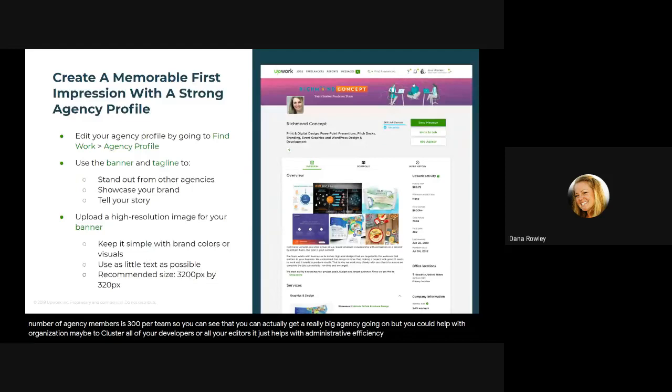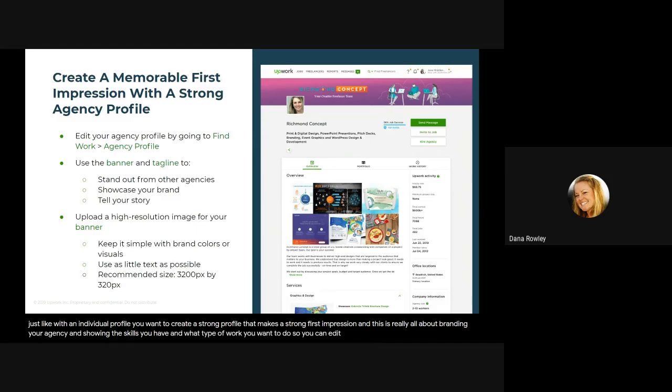All right, so now you've created all the behind the scenes setup for your agency. So now we're going to look at getting your profile set up, the parts that clients are going to see. And it's just like with an individual profile, you want to create a strong profile that makes a strong first impression. And this is really all about branding your agency and showing the skills you have and what type of work you want to do.